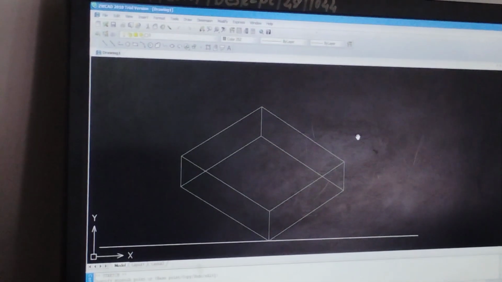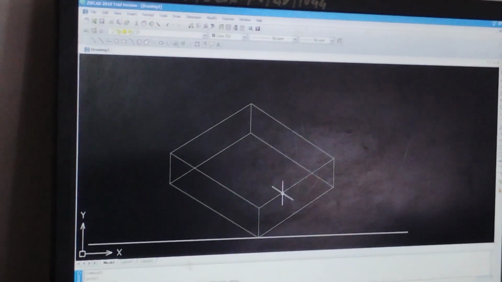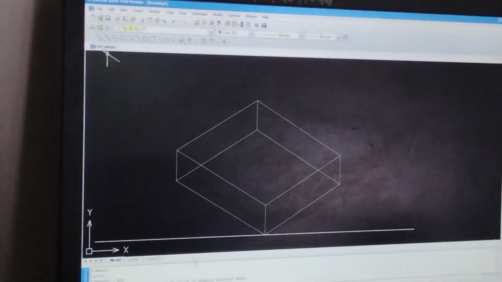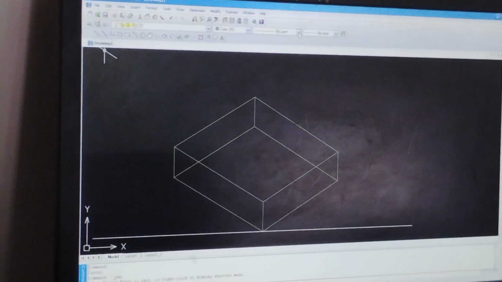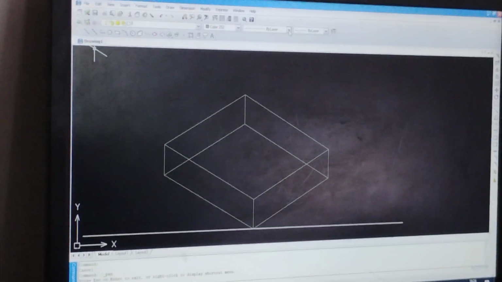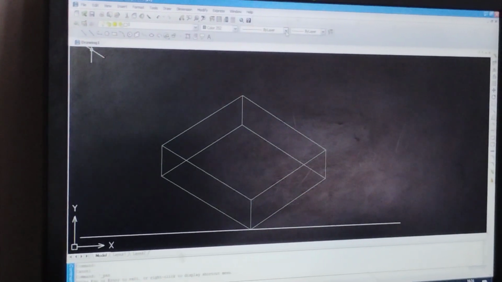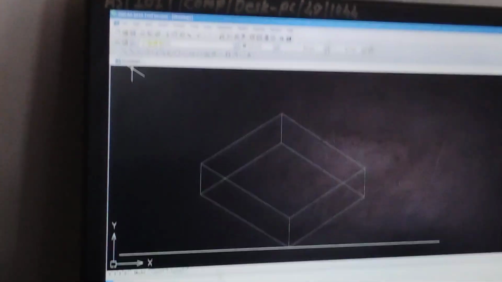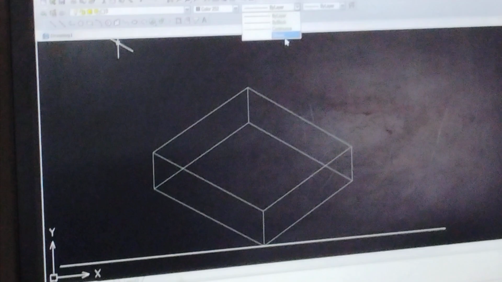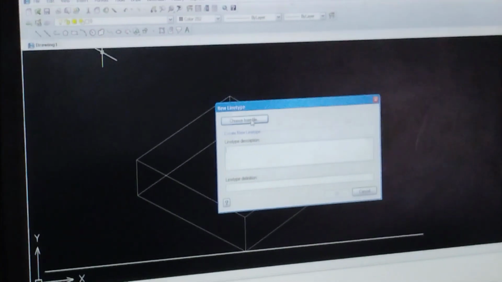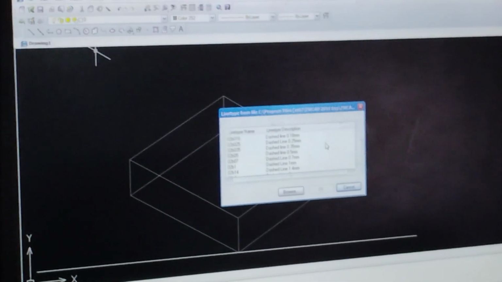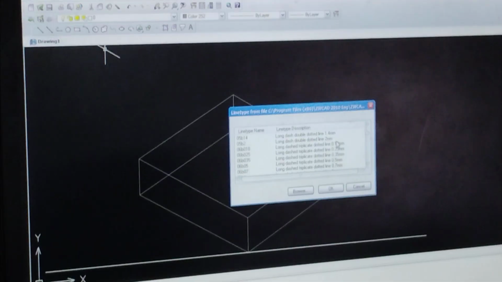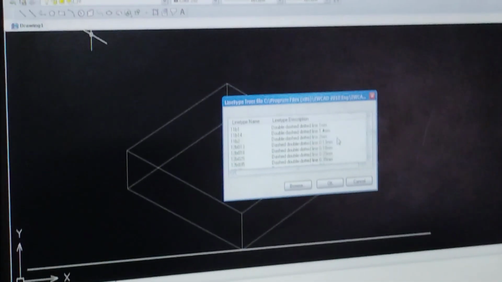Clear? Okay. After this, now what you can do is you can draw the center line. First we'll develop the upper portion, the circular portion, right? For that we should be able to know the center of that circle. So to know the center of the circle, what you can do is you can use the center line. A dash, long dash, small dash.